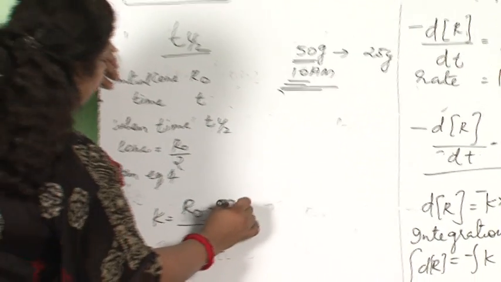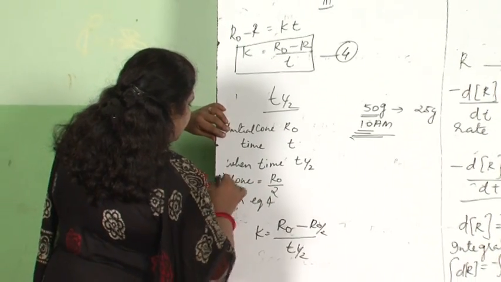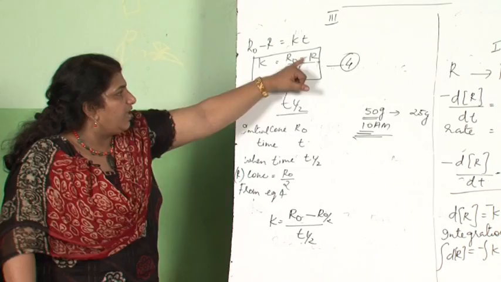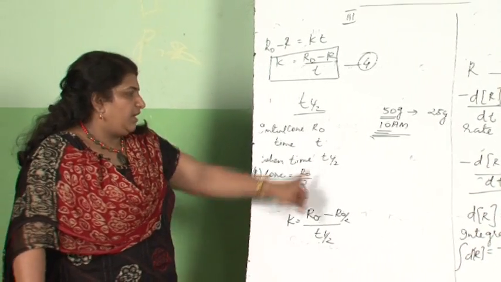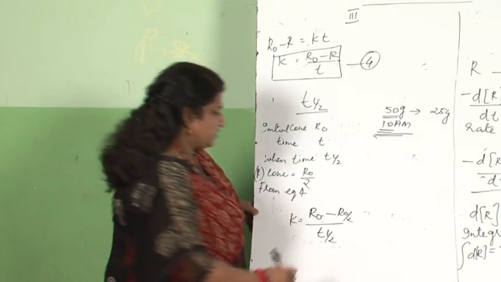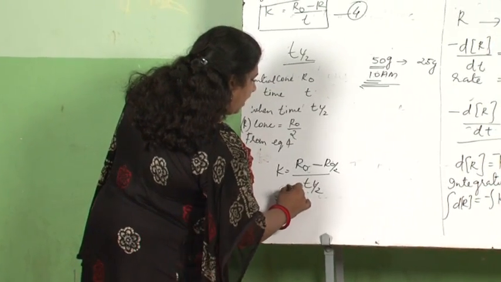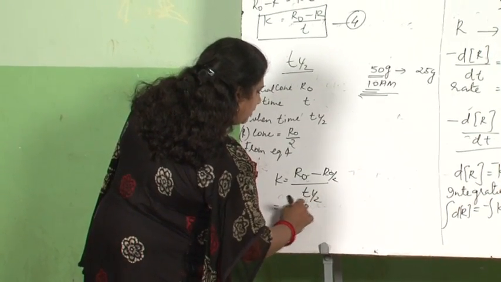It is R0 by 2, means R concentration is R0 by 2. When time is T half, R is R0 by 2. Now, I have to write like that. So, it is equal to R0 minus R0 by 2, that is half R0 by T half,